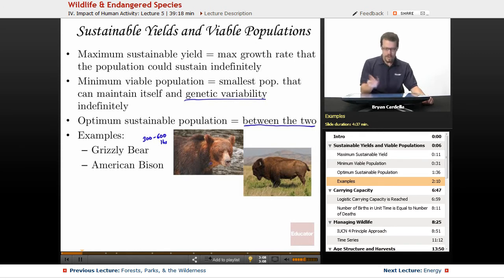So, how can we estimate where the grizzly population was? If we go back to the 1800s, we don't have a time machine, obviously, but in terms of records that were kept, we don't have exact numbers, and they wouldn't have been able to give us exact numbers back then, but we can look at Lewis and Clark's expedition. So in the 19th century, in the early 1800s, when they made that expedition to the West Coast, they kept track of how many grizzly bears they saw, and they were actually very specific.